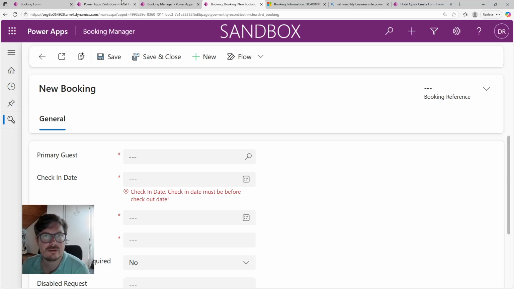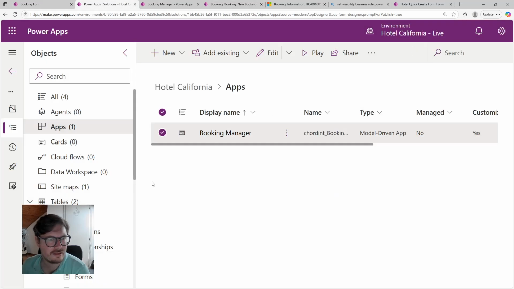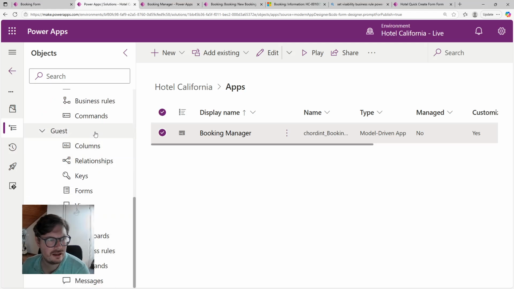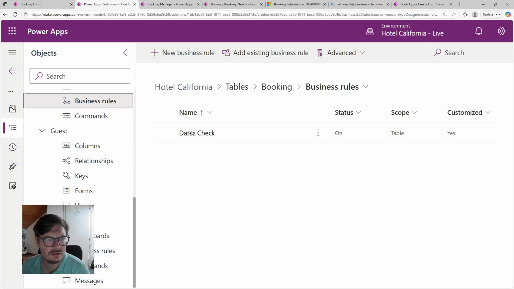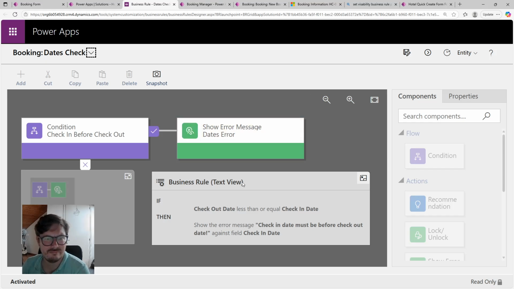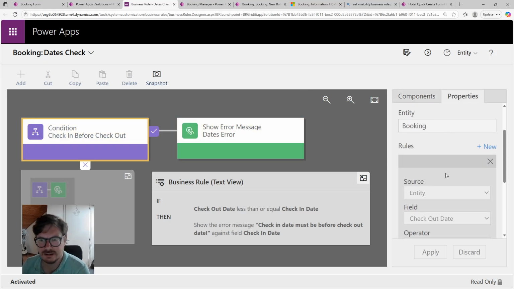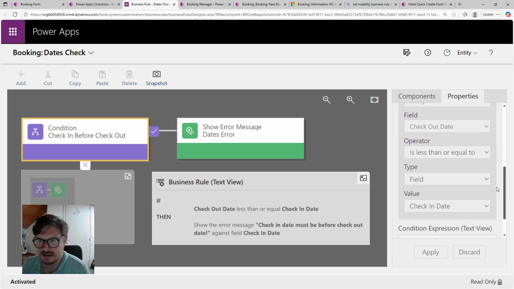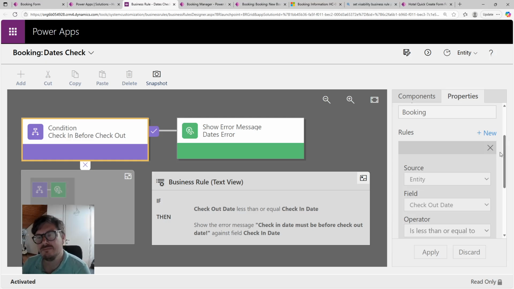So actually, let's go back to our business rule. So go back to the solution, business rules, dates check, edit. So condition, and we can add a new rule here. So let's say, because we've already made the fields required, we don't need to worry if they're blank or not, because it won't save anyway. But for the case of the rule, we should add some rule where we only activate the rule if neither of the fields